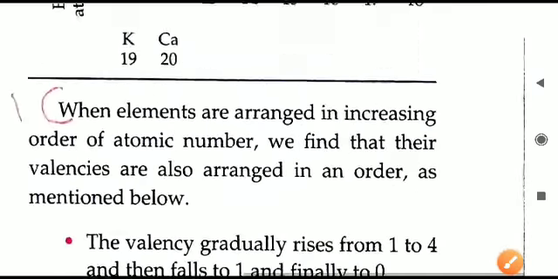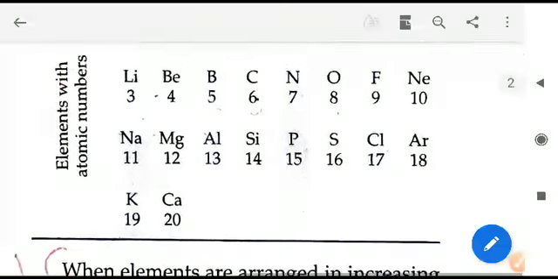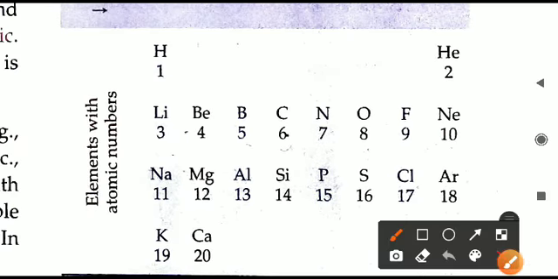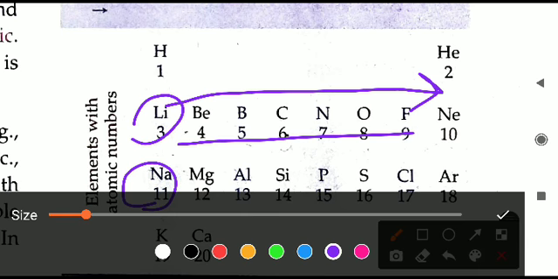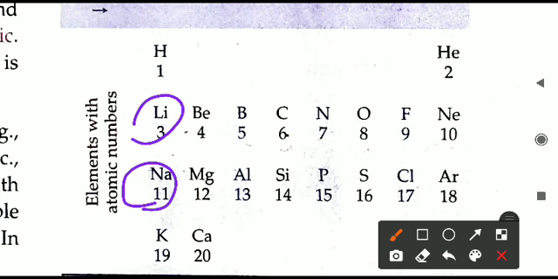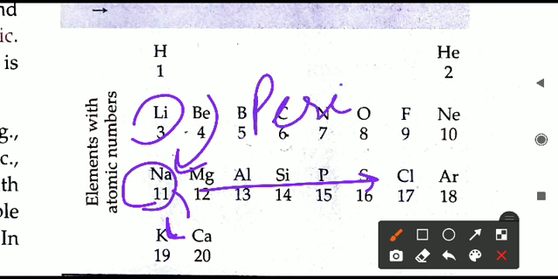You see here this trend is observed. What is that trend? Here lithium is placed, and below that sodium is there. So we will move forward from here. 3, 4, 5, 6, 7, 8, 9, 10, and again when 11 comes, as soon as we reach the element placed below lithium, again the same valency will repeat. Again you move forward, and as soon as we reach the element below sodium, again the same valency will repeat, because the same valency is repeating after a fixed interval, after the same number of elements. That is why it is called periodicity.